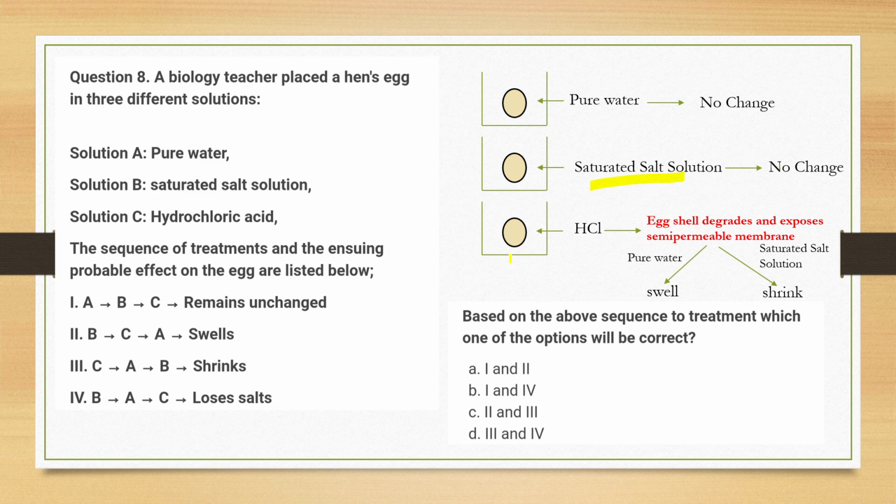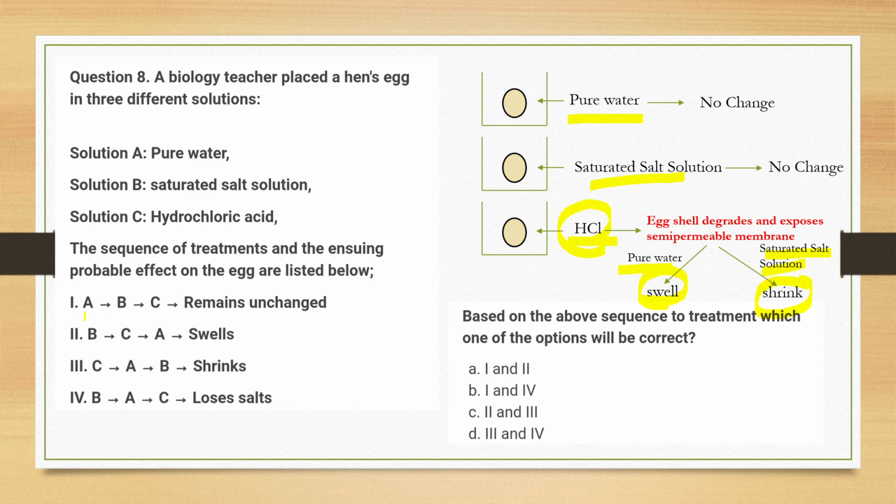But if you put the egg in HCl, hydrochloric acid, the acid will invade the eggshell and it will expose the semi-permeable membrane of the inner portion of the egg. And after that, if you put it in pure water, what will happen? Endosmosis will occur. Water will get inside the egg and the egg will swell. Whereas if you put it in the saturated salt solution, exosmosis will occur and the egg will shrink. Okay. So here you can find that